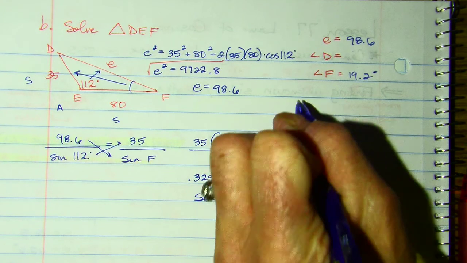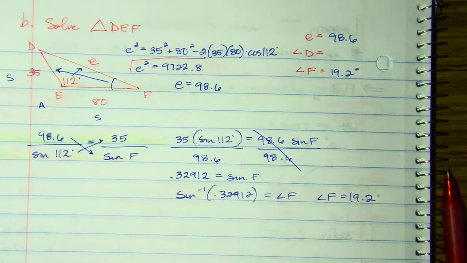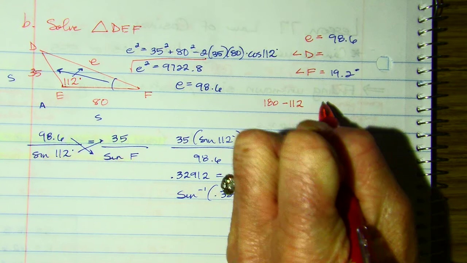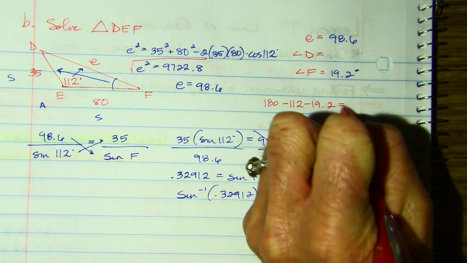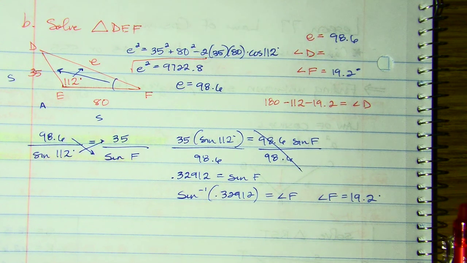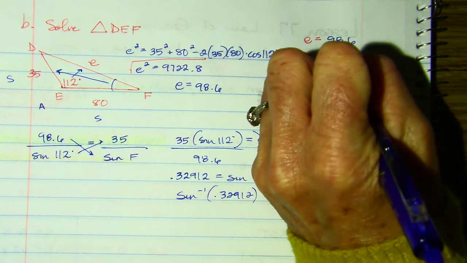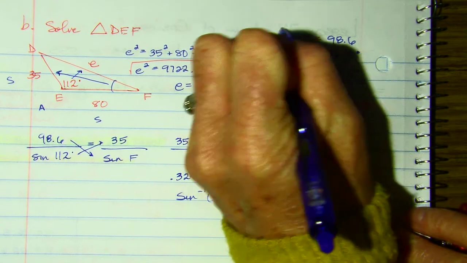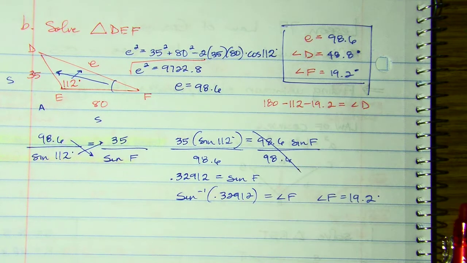And to solve for angle D is easy. It's the last thing we're going to do. So 180 minus the 112 minus the 19.2, and that will give me the remaining angle. I don't need to do any crazy law of sines or law of cosines to find it. And I got 48.8 degrees. So we found all three missing pieces. So moving on,